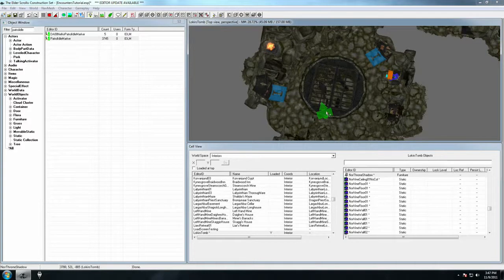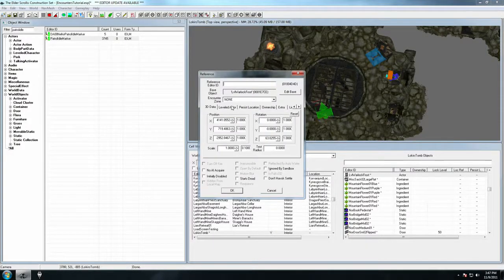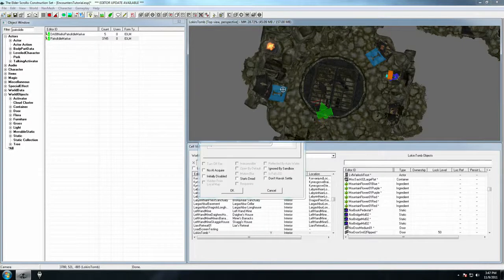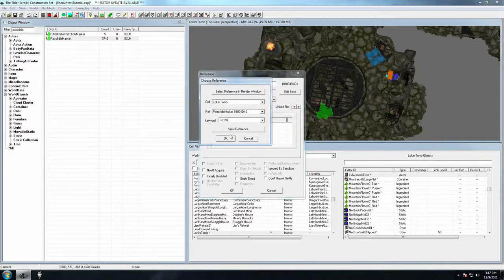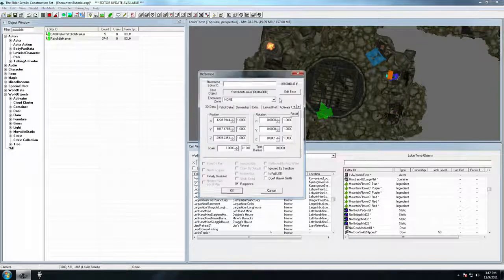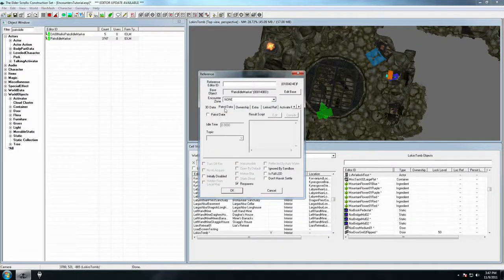So let's double click on our Frost Warlock, go to linked ref, double click in the blank area, and then click select reference in render window and select the patrol idle marker. There we go, hit OK, and we have that link set up. Next, link in the chain: double click on the patrol idle marker, go to its patrol data, and this is